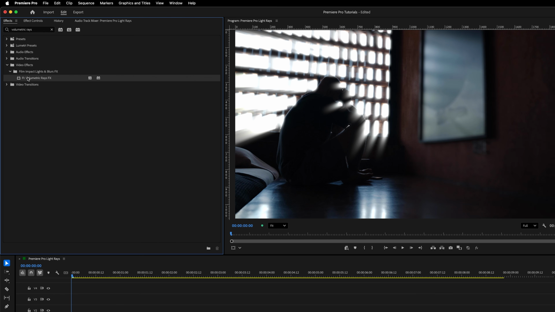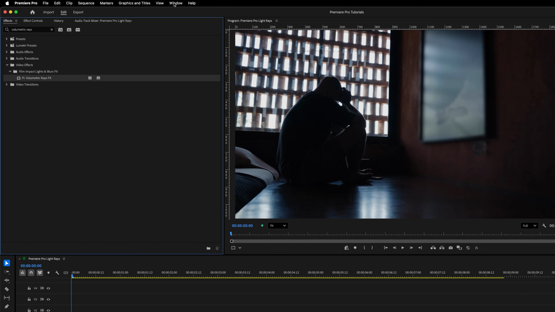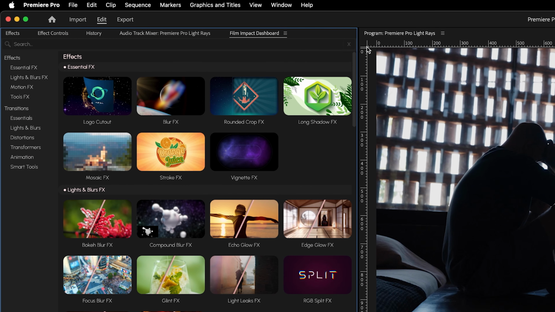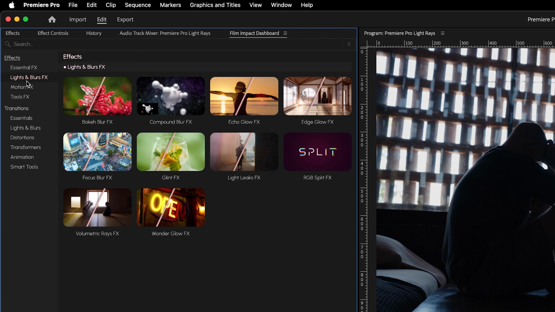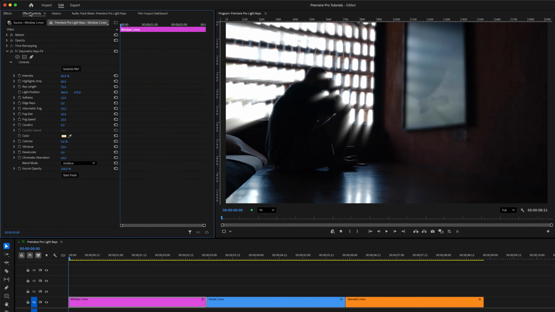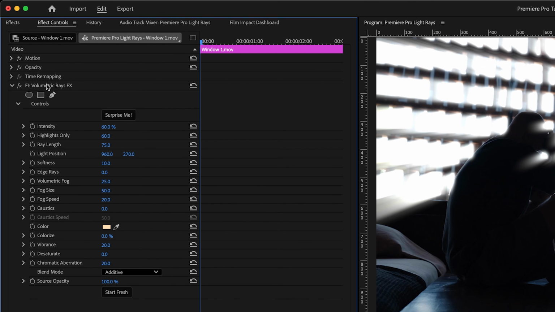Now you can just double-click the effect right here to add it to your selected clip, or go to Window, Extensions, Film Impact Dashboard, Lights and Blurs, and here you can see little thumbnail previews of all the Film Impact effects, including the Volumetric Rays Effect, if you want to see what they look like before you add them to your video clip. So I'll click Apply here, and over in the Effect Controls panel, we've got our Volumetric Rays